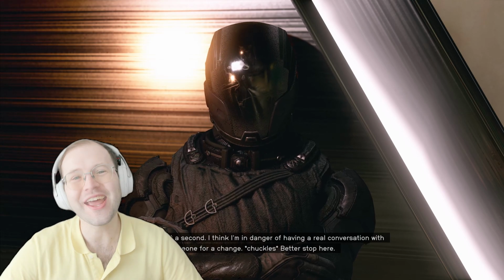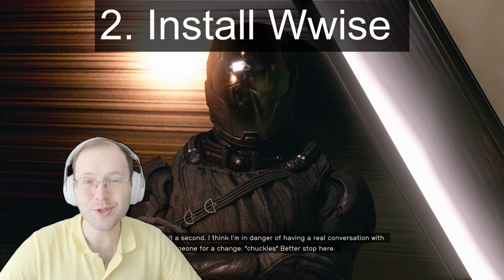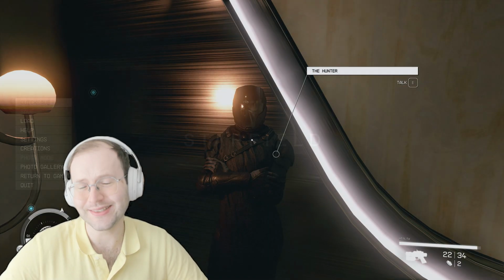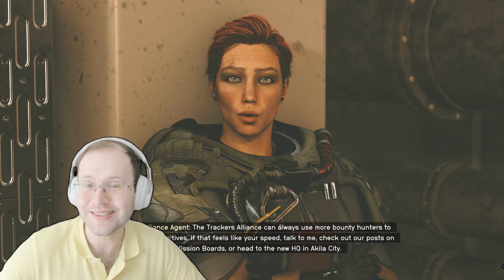Great! Now that we have our sound file converted to WAV format, we can start getting Wwise set up for step 2. This is where we actually get our sound ready for Starfield. This process takes a little more time because you have to get approval to use the Starfield license in Wwise,